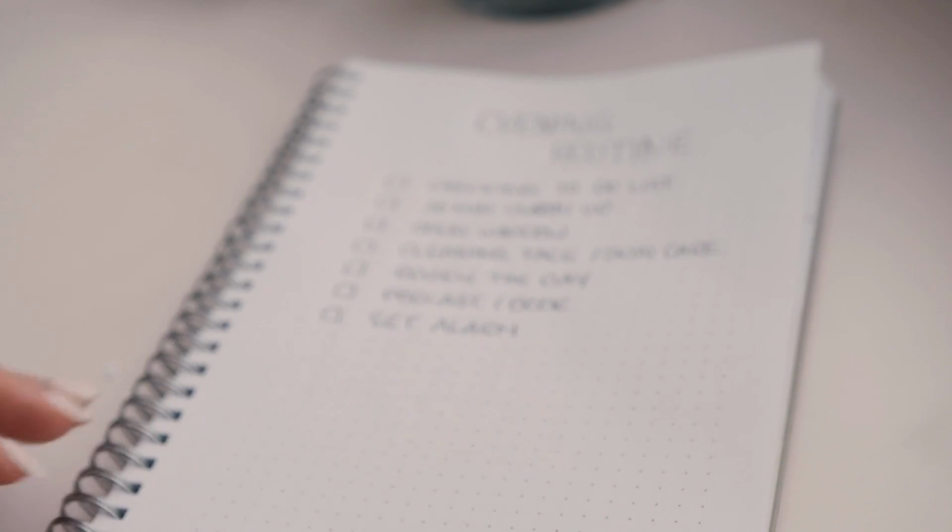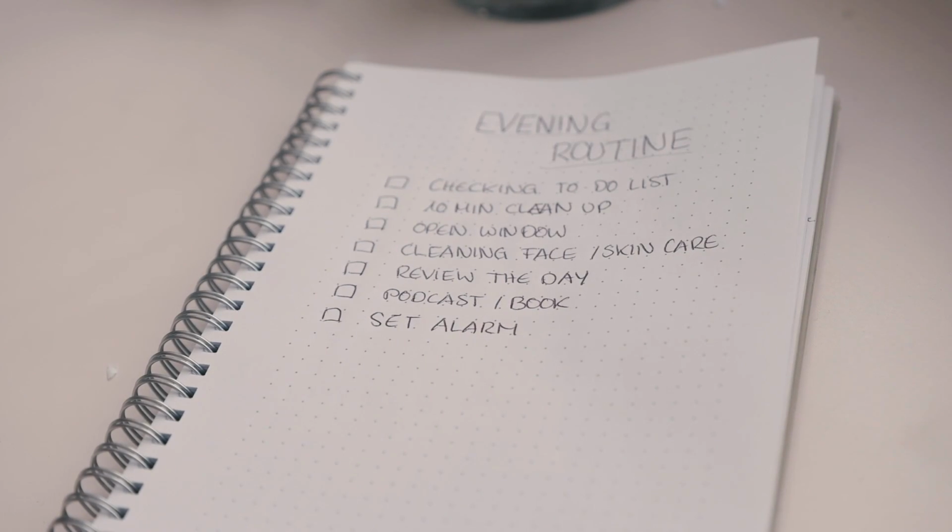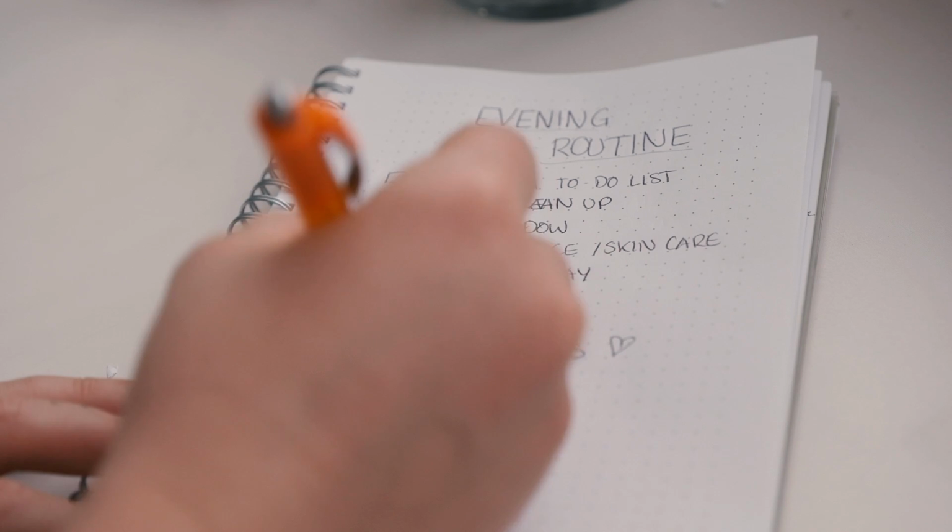Or you can listen to some motivation podcasts or anything like that that helps you to focus on yourself and your hopes and dreams. Or you read a good book or anything like that, whatever you like to do. Then I just set the alarm for the next day, and after that I go into bed and focus on